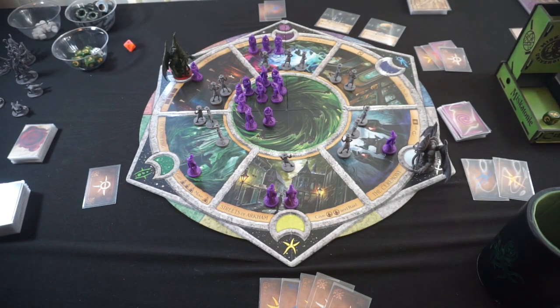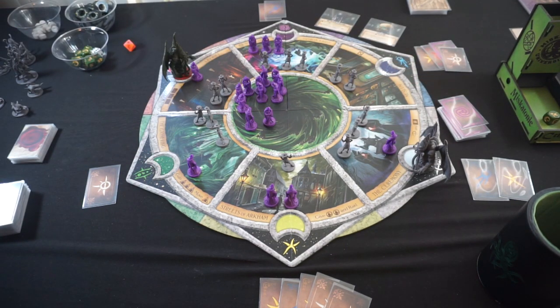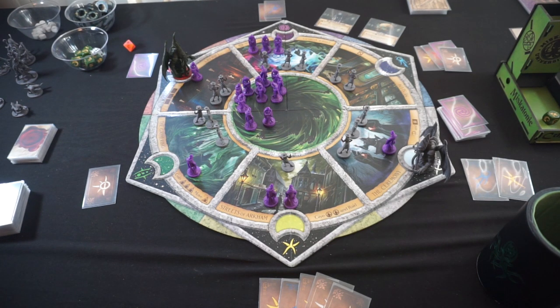I'll exhaust the Shining Trapezohedron to draw another gate card, which I'll immediately use for movement on my turn. The only question is, where do I want to move? Right now I've got a couple of safe locations: the museum and the Streets of Arkham, which are both safe. The problem is if I do that, I'm not making any real headway. So I think we'll move to...